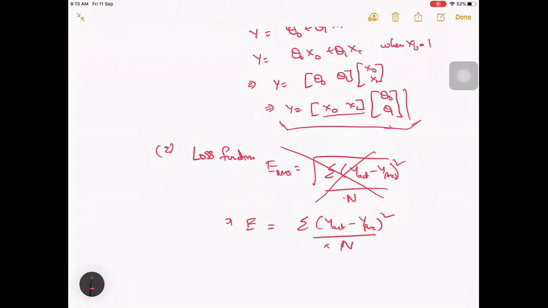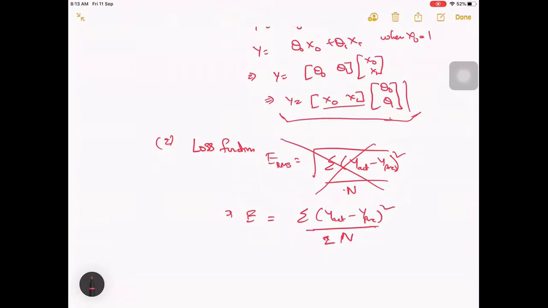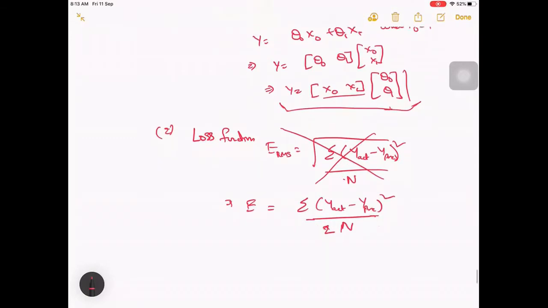Usually it doesn't change much of the things, because what we are interested in is the derivative of this. While doing gradient descent, we are actually interested in the gradient rather than the actual value here. In case you do a derivative for a root, it would make it complex, right? Because the derivative of root x is 1 by 2 root x, so you will always have this component there.